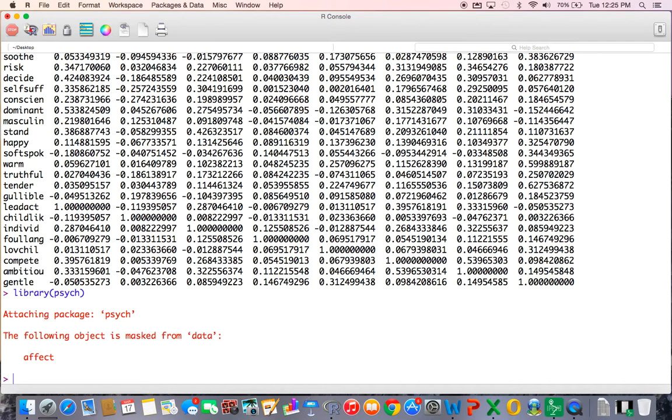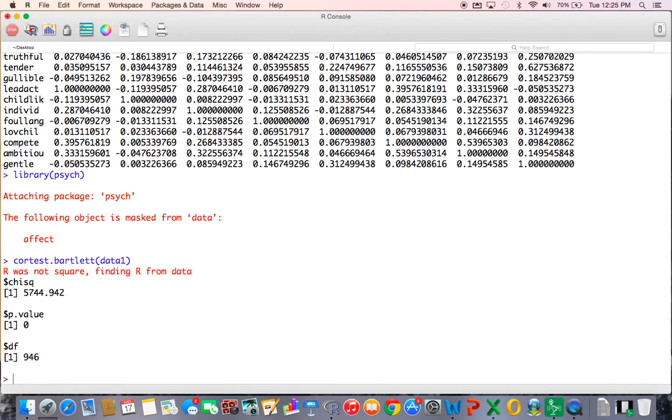So, guys, remember in Bartlett's test we have to access psych. Okay, I don't really know why I did that. The following object is masked from effect. Okay. So I want to run cortest.bartlett, and I want to run this on data 1.